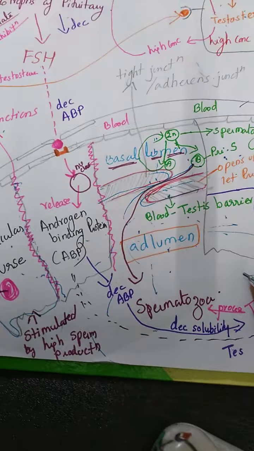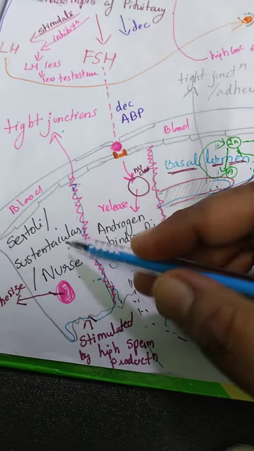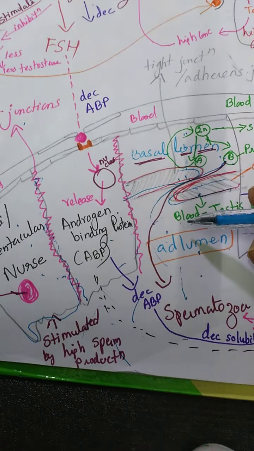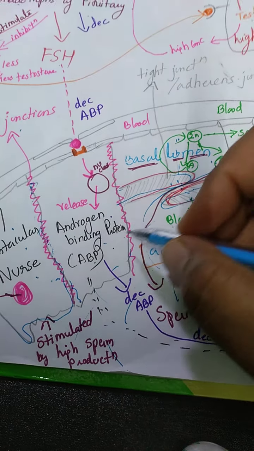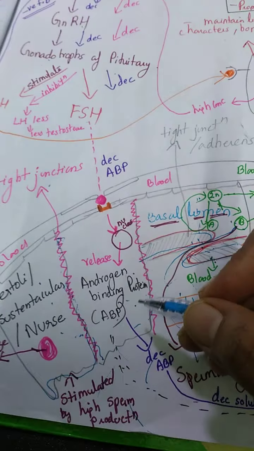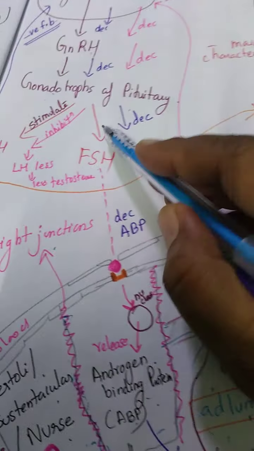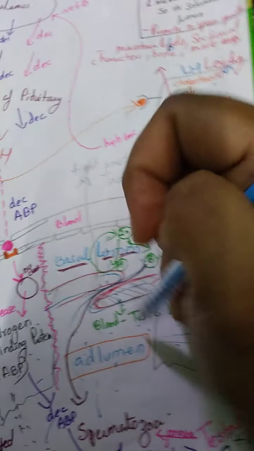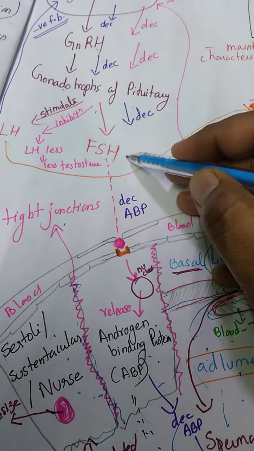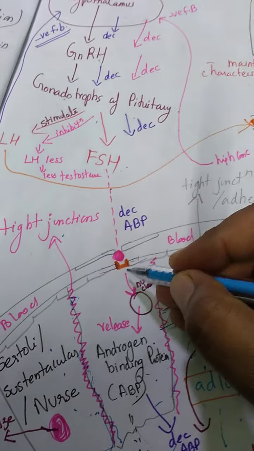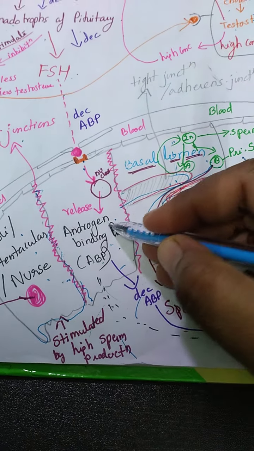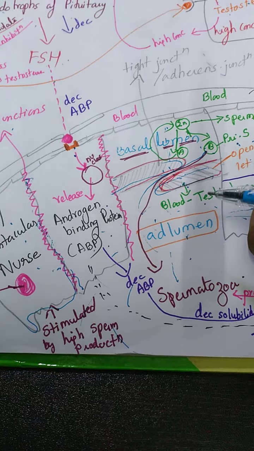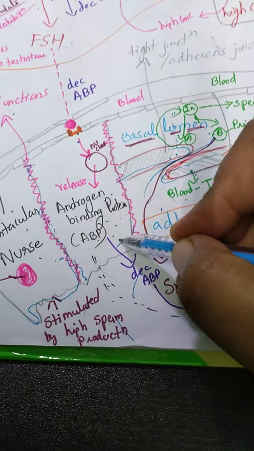Now, the Sertoli cell, other than supporting the growth and development of spermatocytes and forming a barrier, also releases a hormone called ABP. So now let's see how this happens. The gonadotrope releases FSH as well. LH acts on the Leydig cell to release testosterone, as we saw. It also releases FSH. FSH will come and bind to the receptor present on the Sertoli cell, making the Sertoli cell release a hormone called androgen binding protein.